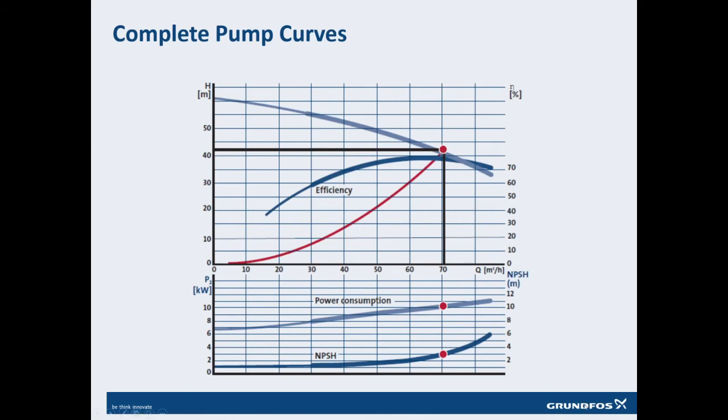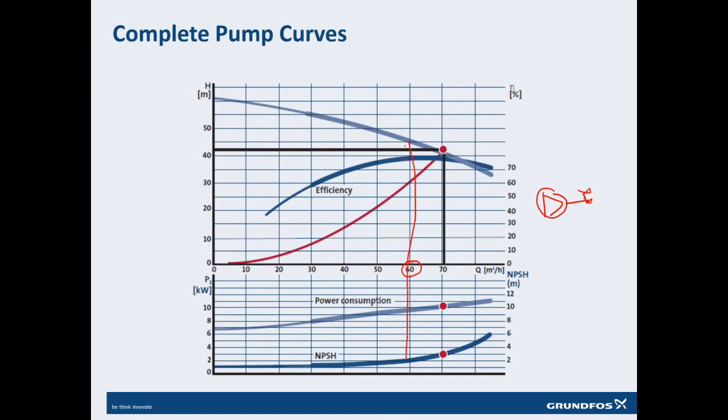Now this is the complete curve. Till now we have seen all of these curves separately. Now I combine all of them. If you see here, at 70 meter cube per hour, this is the power it is consuming, this is the NPSH, this is the head it will generate, this is the flow it will generate. Now what will happen if you have this pump here and you have a throttling valve, and you close the valve a little bit, not 100%, a little bit, and your flow goes to 60 meter cube per hour? What will happen? Very simply,